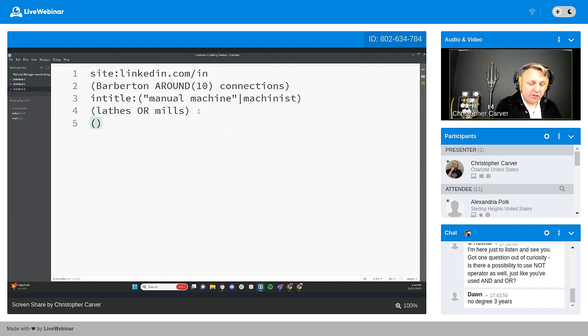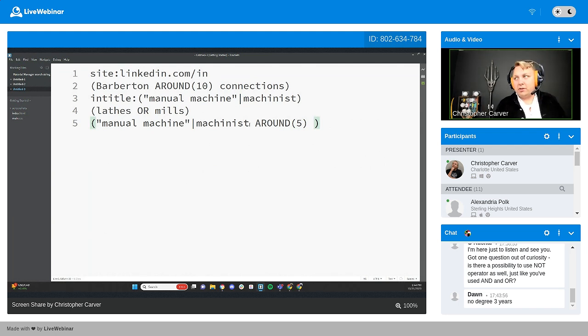What I would recommend doing at that point, just to illustrate for everyone to see how this works in real life, I'm not just talking about a theory here, I would go machinist. Oh, I am misspelling things. Machinist. We're actually just going to copy this piece right here because I can nest it. I would go around. We're going to give a window of 5. And then if they need at least 3 years,